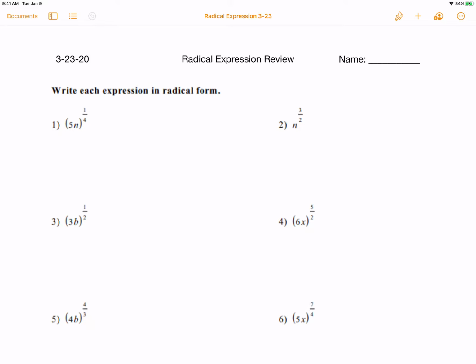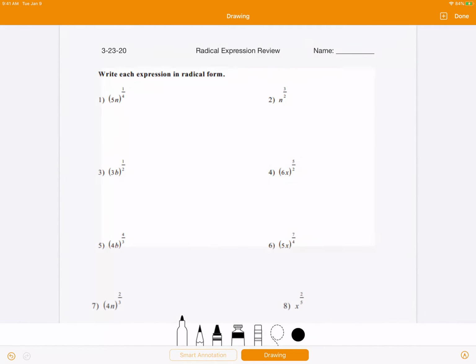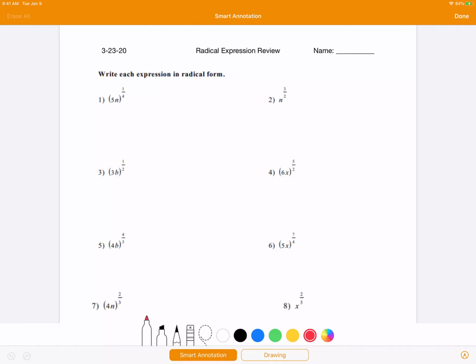Hello, Algebra 2. This would be the radical expression review. This was the homework that you guys had on the previous night, and I'm going to go over several of these questions just so that you guys can be assured of how to deal with today's test. If you guys have certain questions in mind, I'm sure that you can ask,